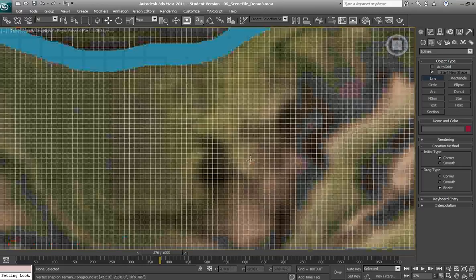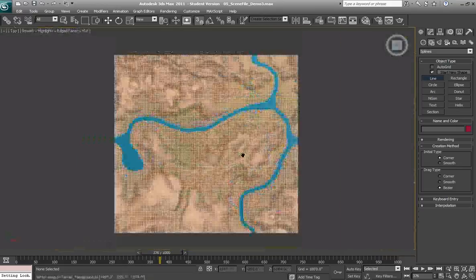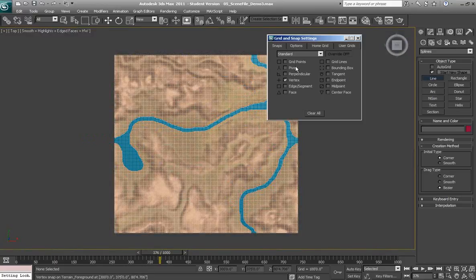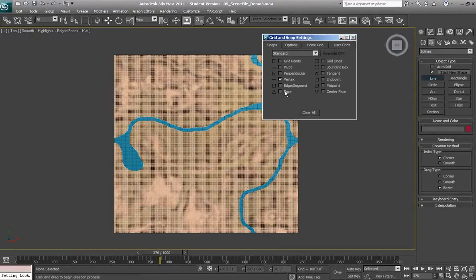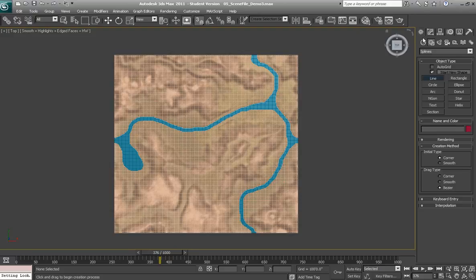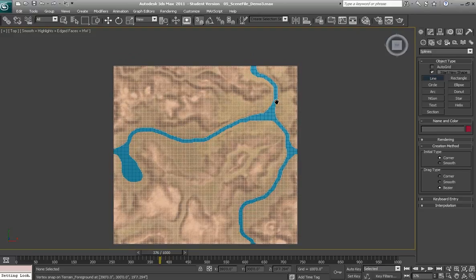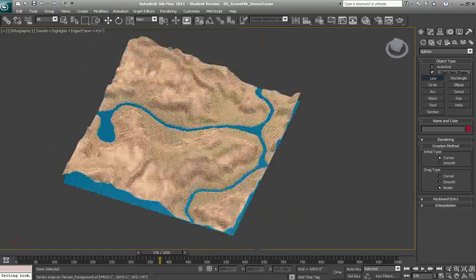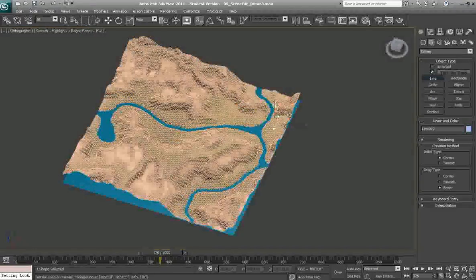So in the top-down view I have selected on Snap Toggle 3, and if I right click on that it brings up a window with different options. I'm choosing Vertex, and in the Create panel under Shapes I'm going to select Line. Now what this will do is I'll be able to click on this terrain, and I'm just going to follow